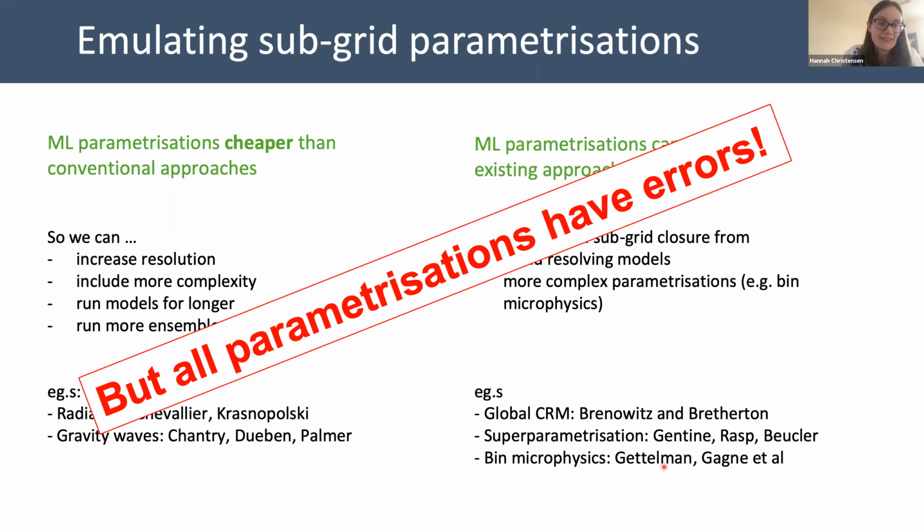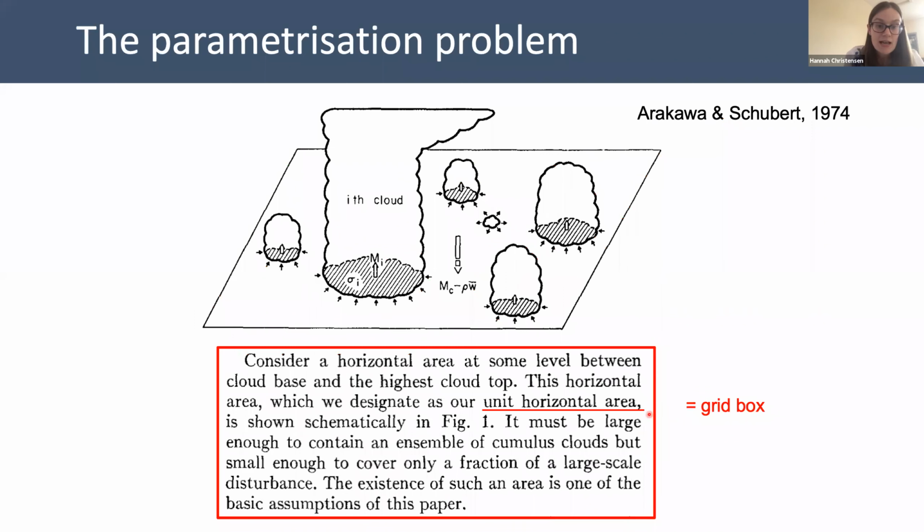But the problem is that whatever we do, even if we machine learn a better parameterization scheme, it's still going to have errors. And we've seen that these errors in our parameterization schemes can have very macroscopic impacts on our forecasts on a huge range of timescales. So really to understand why we're doomed to have errors in our parameterizations, we have to return to some of the fundamental assumptions that are made when developing these deterministic parameterizations. And to discuss one of the most pervasive and problematic assumptions, I'm going to return to this very old and